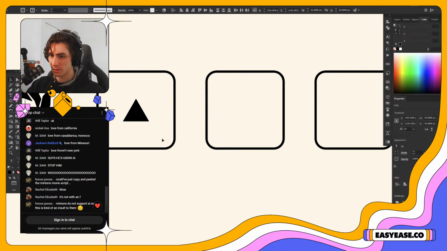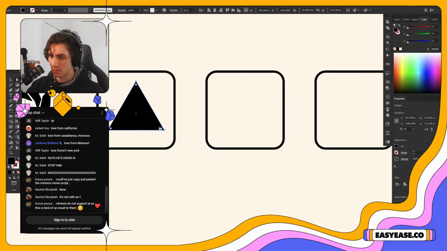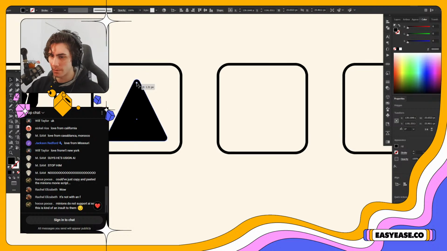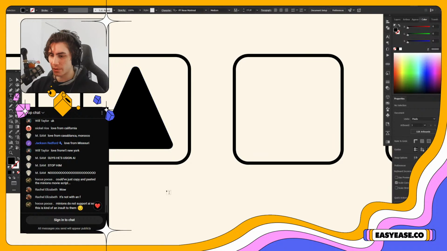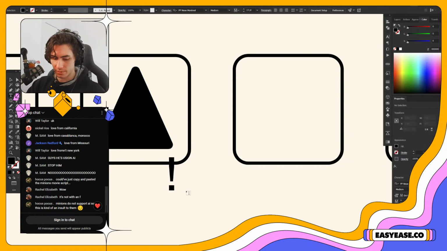And then center my boy. Round him a little bit. Before I round him, actually, I do want to make him tall. He deserves to be tall. We all do. Look how tall he is. That's great. Let's put an exclamation point right directly in there.